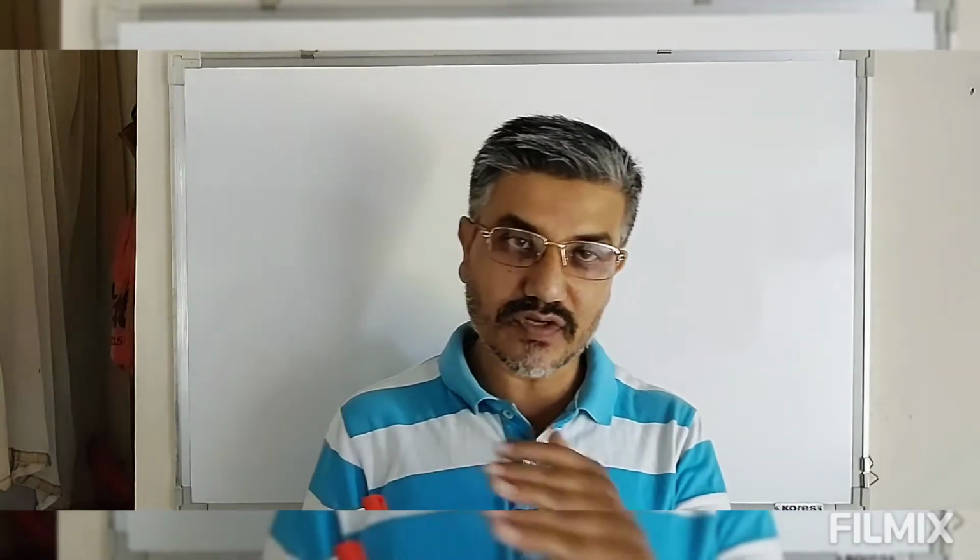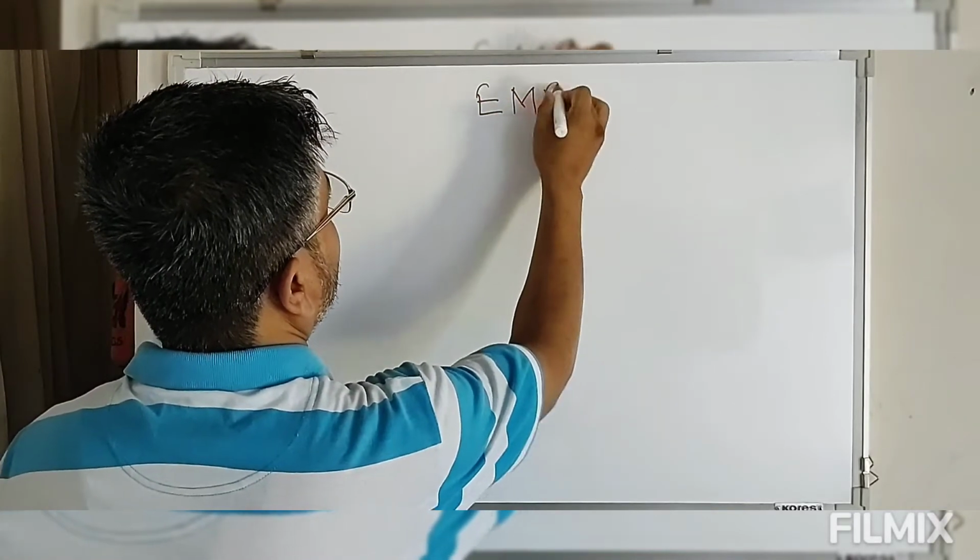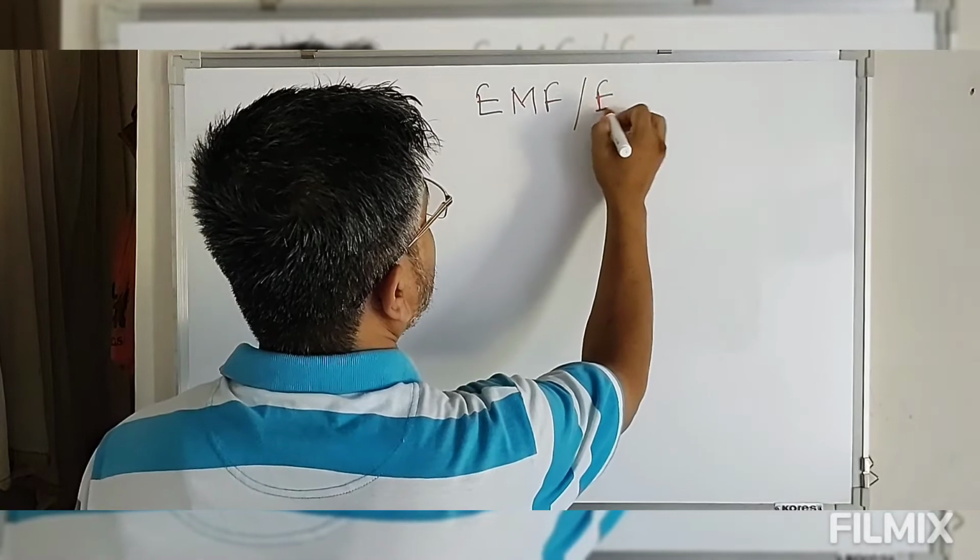Now this tendency of an element to get oxidized or to get reduced, the tendency for reduction and the tendency for oxidation during an electrochemical reaction or redox reaction, is measured in terms of electrode potential, which we have defined as cell potential. So now we are going to discuss something about this potential, that is electromotive force, EMF. Electromotive force is simply known as cell potential, E cell.